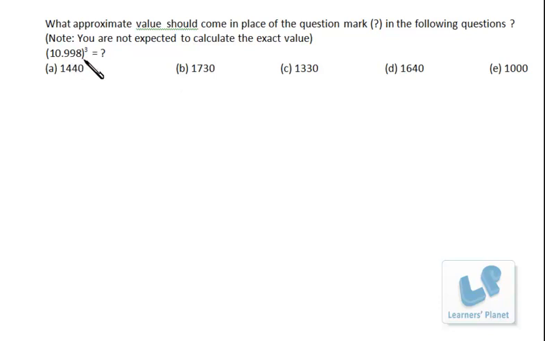Now a 0.002 difference in the cube will not change the entire calculation by more than maybe 2 or 3, right? But the options are like 50, 60 and 100 apart from each other, right? Maybe 200 apart from each other. So we can approximate it to 11, and 11 cube is 1331. So your answer will be a bit less than 1331, that is 1330. So no need to go for any sort of paperwork. It's quite simple.